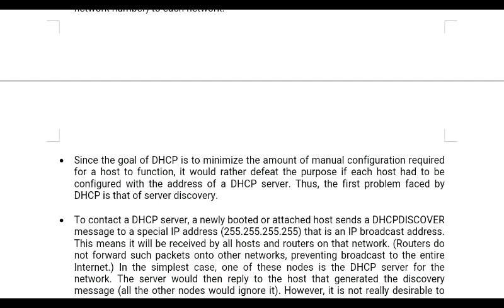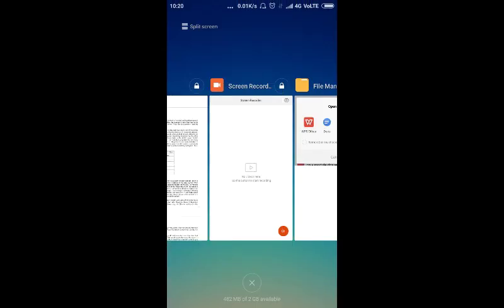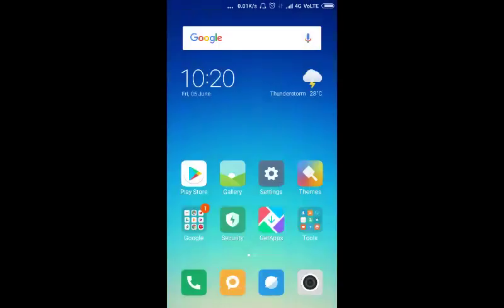Now the problem here is that it is not physically feasible for each network to contain one DHCP server for assigning these IP addresses. So for that, what are they going to do? There is only one DHCP server which is present outside somewhere else in a remote location. Is it clear? So now what you are going to do is, in each network there is one particular agent. Okay, so this agent we are going to call a relay agent.